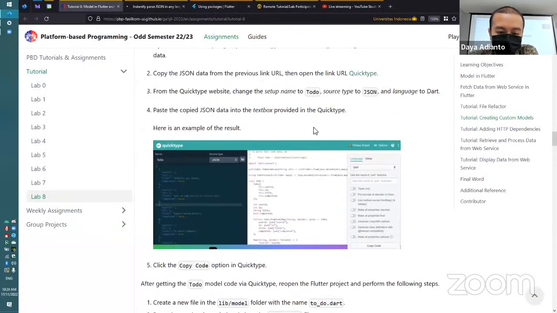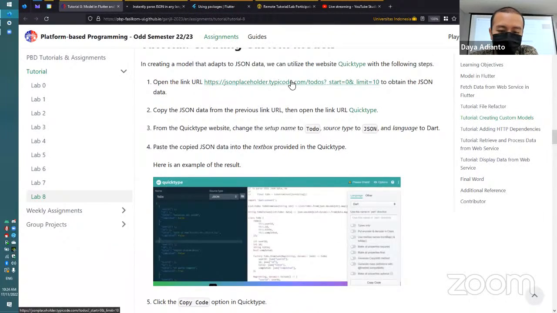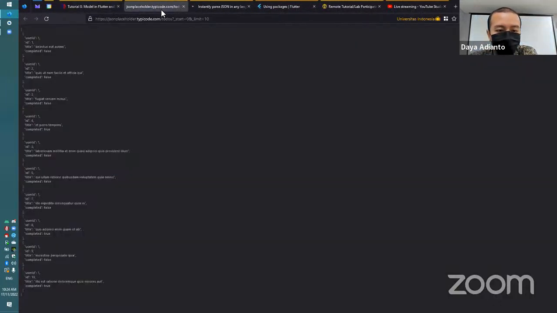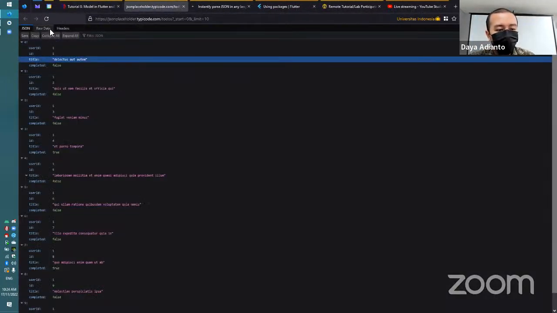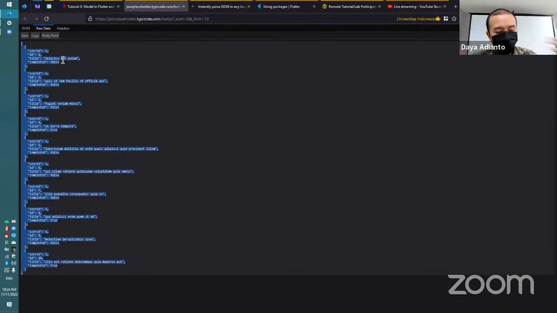Given a JSON response, for example, from this URL, you can copy the data and then pass it to the QuickType app in order to generate the data model class. But while we are waiting for that,